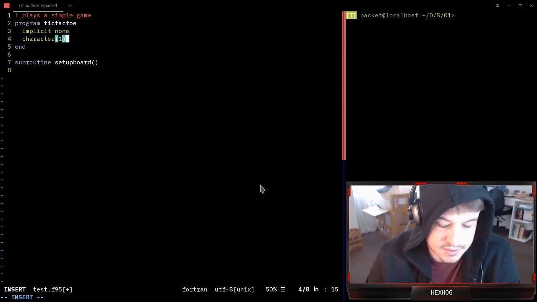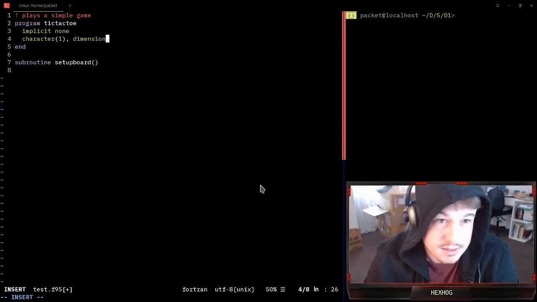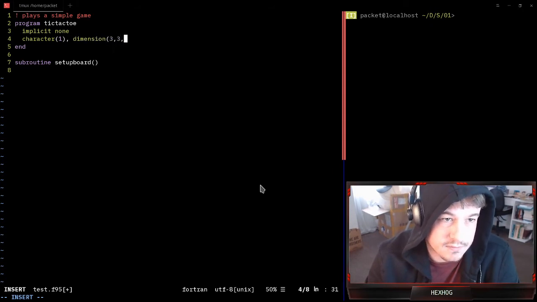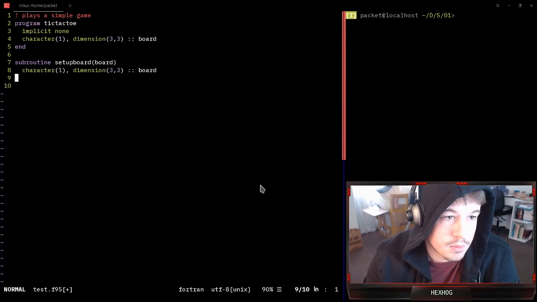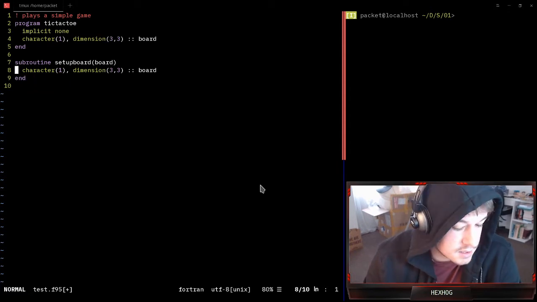FORTRAN is so strange with dimensions. Dimension 3x3 of character 1, no comma there, and we'll call it board. It's a great name. The subroutine can take the board, and it needs that as well, so put it there. And then